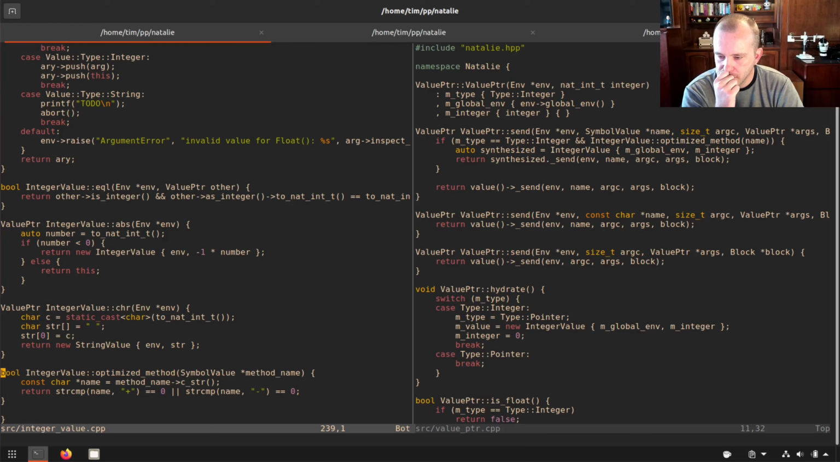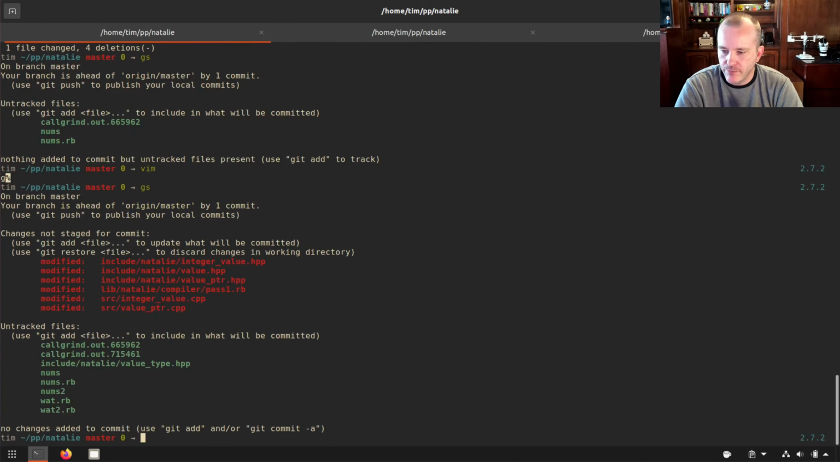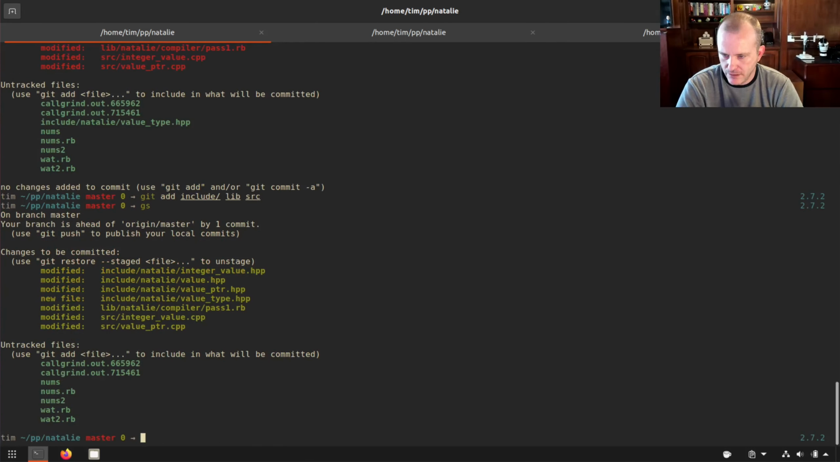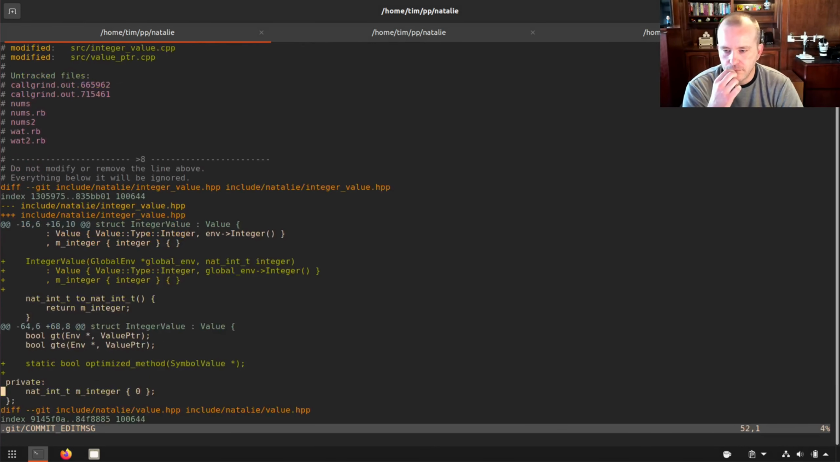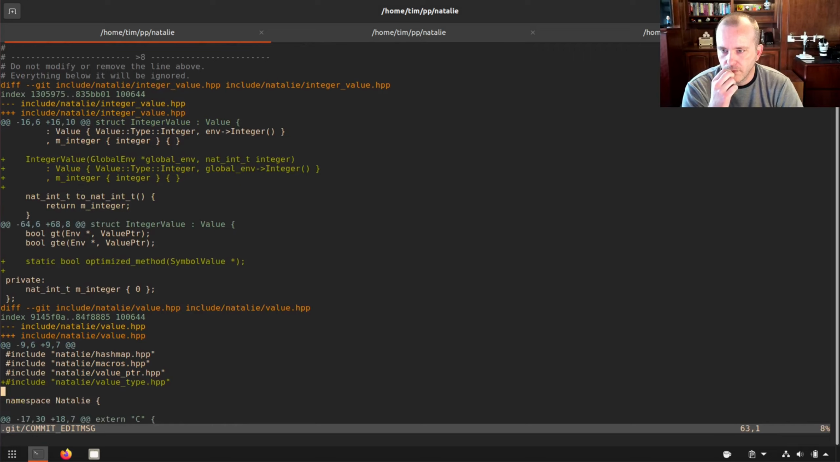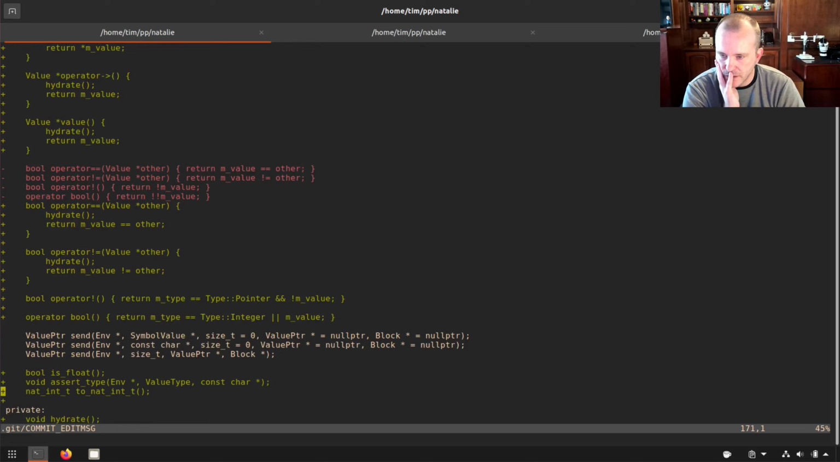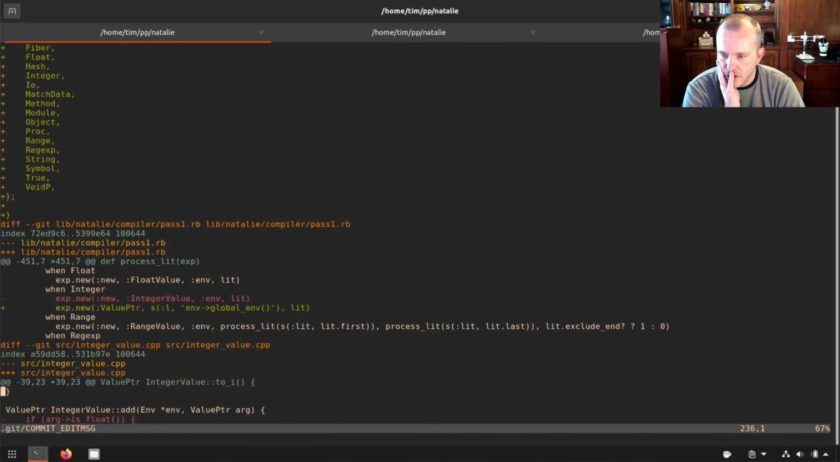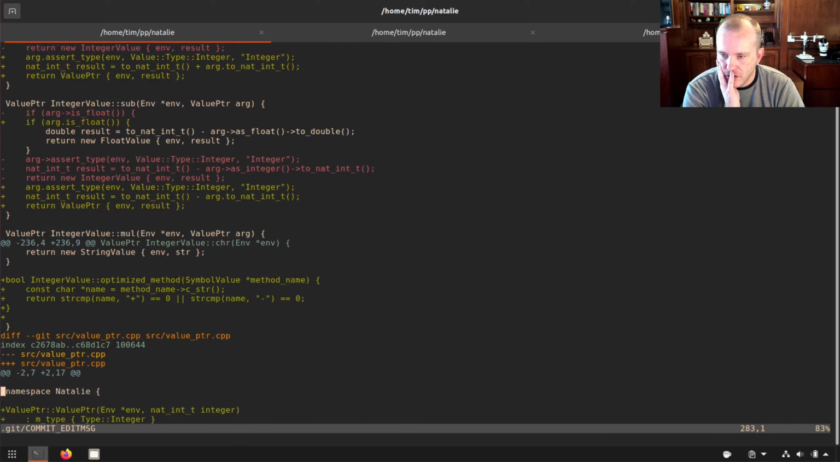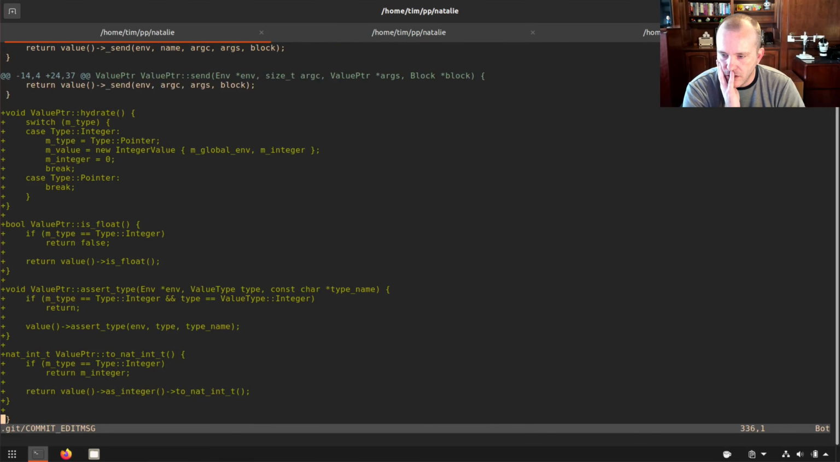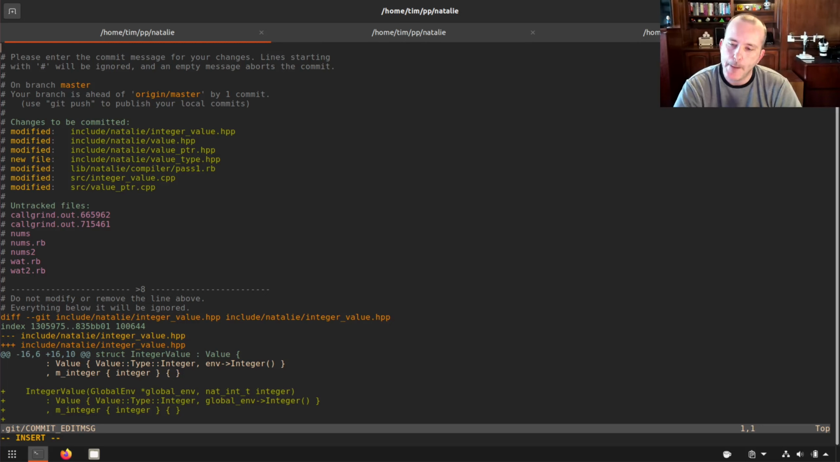Well, let's commit it. And let's do add include, lib and source. And let's do a commit. I just want to look through and make sure this all made sense. I didn't have anything that I was going to come back and look at again. Okay, not too bad. So optimize integer math of plus and minus